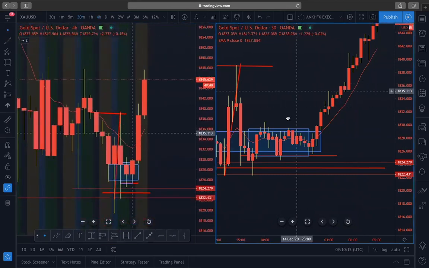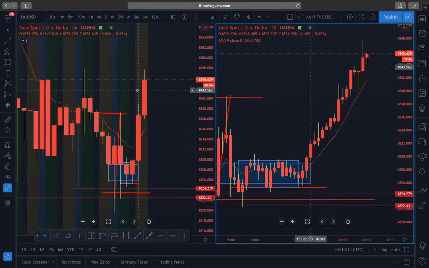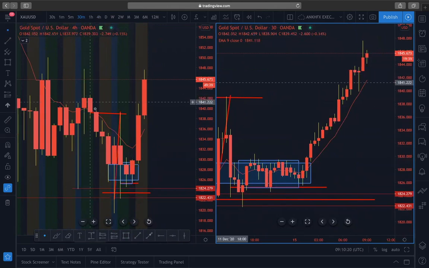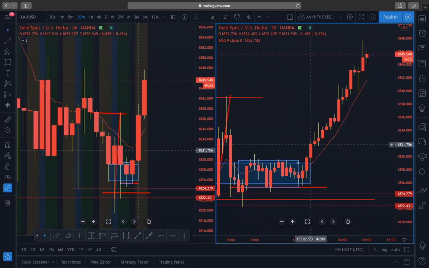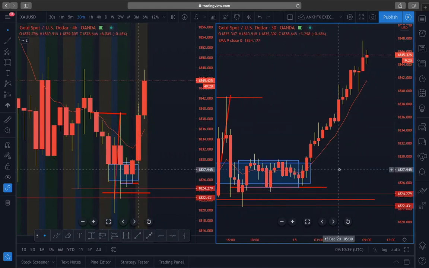So that's for the buy. To be honest, my first TP was at 1836, which is in here. Wait, let me make sure. No, 1837.7. That was the first TP. So that's done for the trade I took.